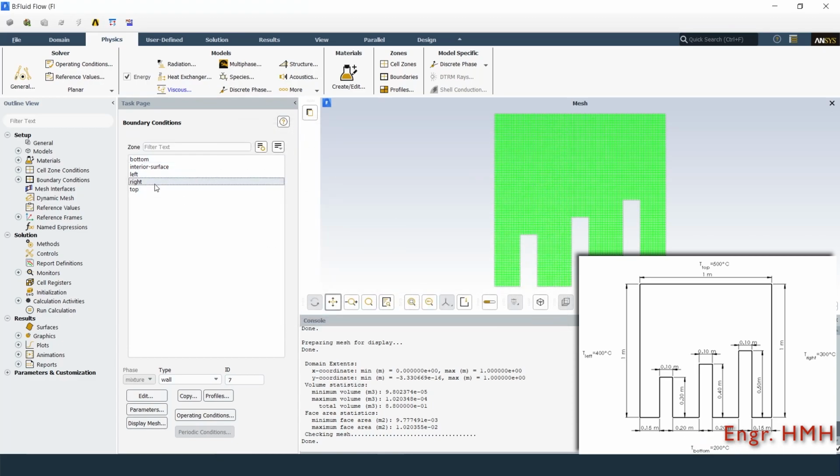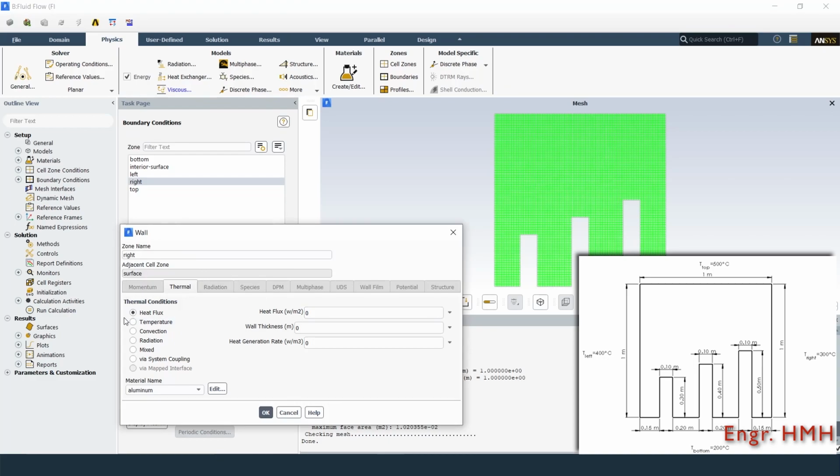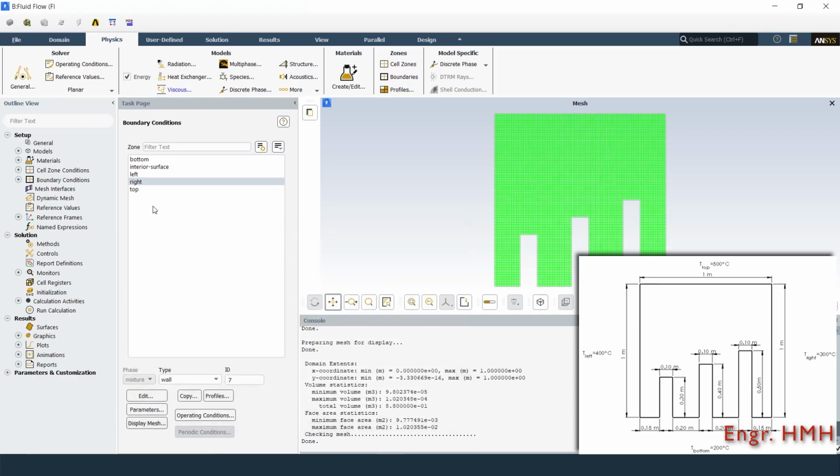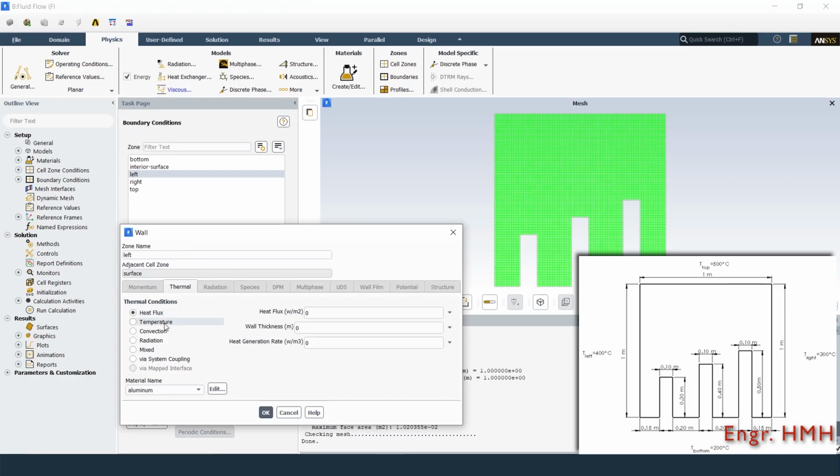Similarly, select the right boundary and edit. Select the boundary type as temperature and provide a temperature value of 300 degrees Celsius and click OK. Select the left boundary and edit. Select the boundary type as temperature and provide a temperature value of 400 degrees Celsius and click OK.